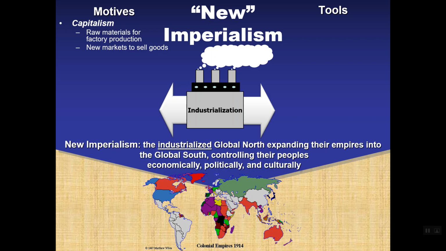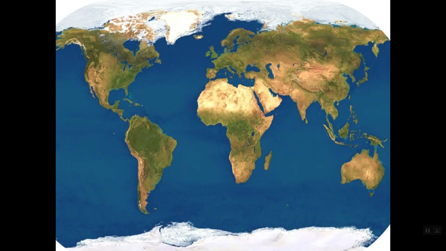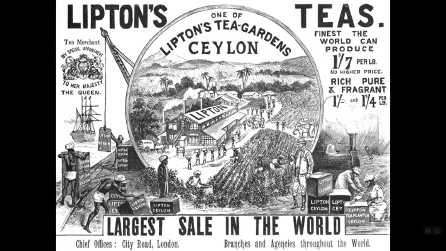There's an additional factor in keeping rebellion down in the industrialized countries. So in order to keep people employed as well. Now, I didn't put that down as one of the motives, but you might want to throw that in there as one of the motives, keeping people employed, right? So you got things like tea, right? Tea being grown in these other areas and being exported and taken to Europe and the United States. Lipton tea, one of the big ones, right?